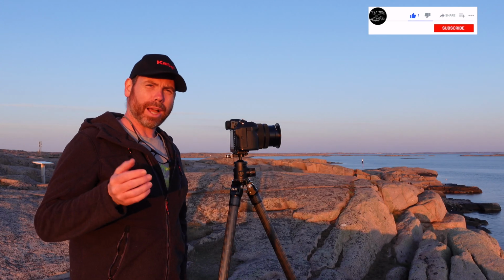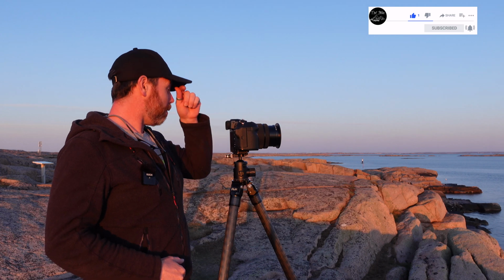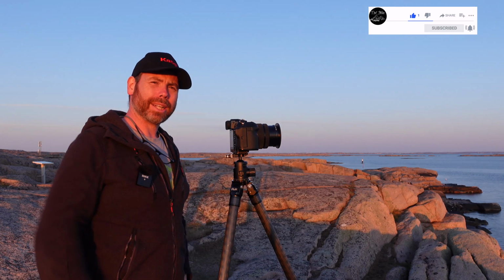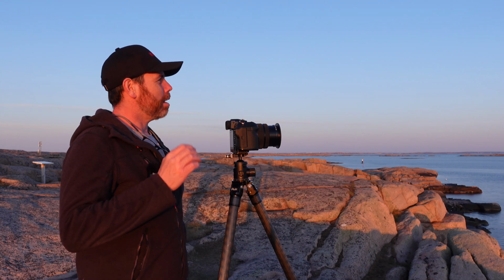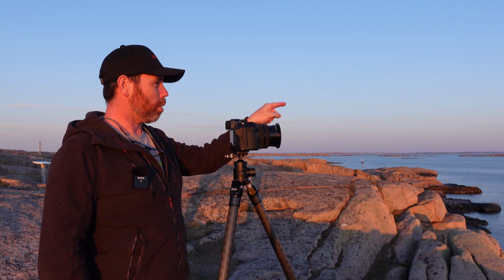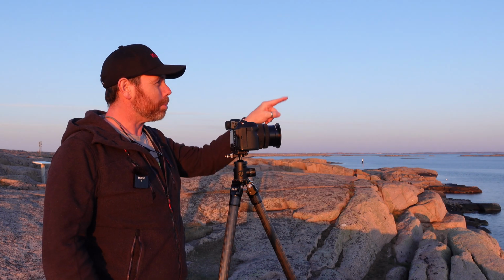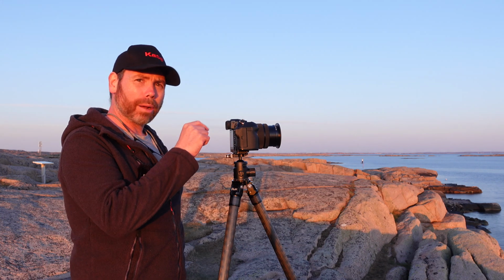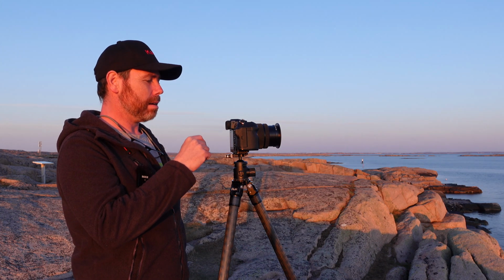So we've made our way over these rocks, over towards where there's a lighthouse on an island off in the distance. And we scouted this out earlier today, and we realised that when the sun sets over that direction, there's going to be some nice warm light that comes down over and it illuminates it quite nicely. So I'm just kind of having a little bit of a play around with this,